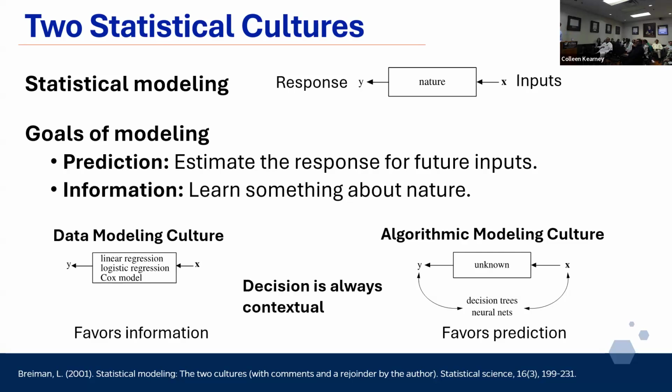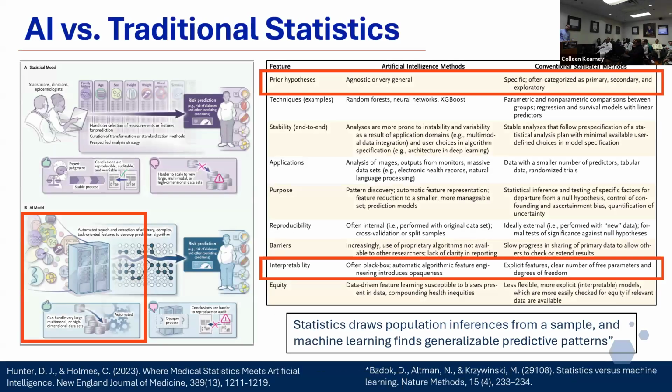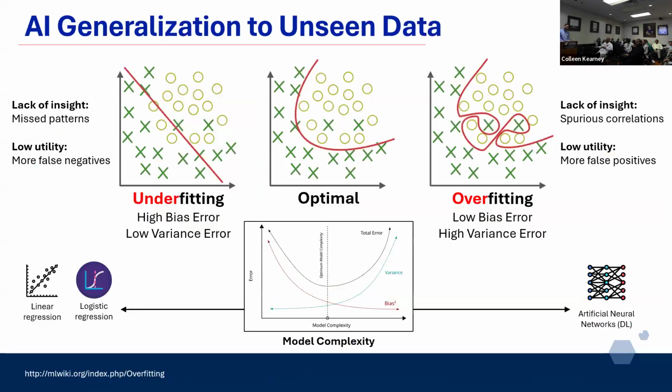And I think which approach you take is always contextual, but it depends on what you're trying to do. I'm just going to skip this one. It's a nice paper. I encourage you to read it. It was in the New England Journal a couple of years ago, and kind of compared all of this, and I think it's quite useful for the types of work that a lot of us are doing here at UF.